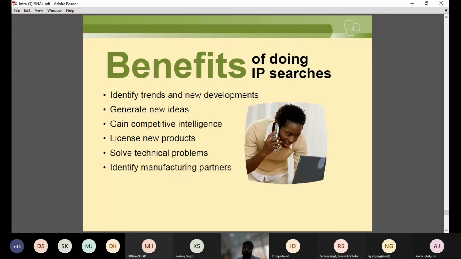For example, if you are interested in developing Bluetooth technology, or any kind of wireless technology, then you can see what kind of technological developments have already been made by different companies, either Apple, Samsung, Huawei, right? Or you can also see what problems still exist in those technologies. So in this way, there are certain benefits associated with doing IP searches. In a way, you can have an idea of which area you should work in, in which technological domain you should involve your efforts, so that you can also develop a new, unique kind of technology of your own.